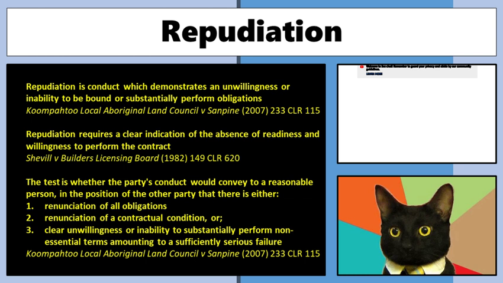The key thing to note, don't be the party at fault. Because if you think the other side's at fault and you're wrong, you become the party at fault. And in contract, if you're in breach, the other innocent side can always get dollars. They're always going to be able to get dollars from you. So just make sure when you are about to terminate a contract, because the other guys don't look like they're going to be able to complete, make sure you are in the right.